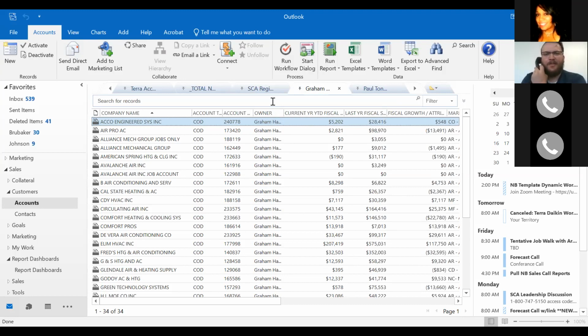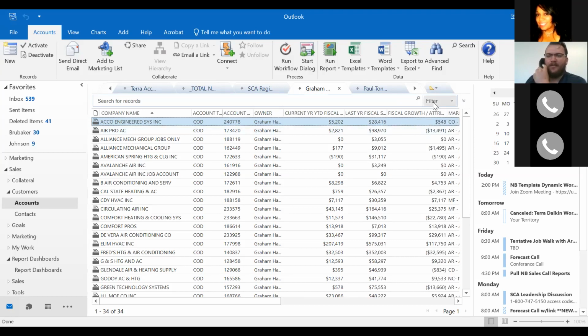So we know, this right here is showing Graham, one of my TSMs. These are all his accounts that are tied to him. One thing is you do need to make this dynamic. It's only going to show, when you download this, whatever fields you have in here. Right now it's got the company name, and then I changed it to include current year-to-date fiscal and last year fiscal sales total. That's a key importance, because if you only look at year-to-date against last year's fiscal sales, it could give you a false sense of growth from a new business perspective. So it's important to have last year fiscal sales total, and then I had the fiscal growth and